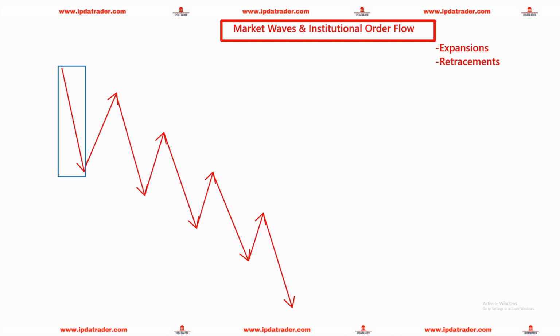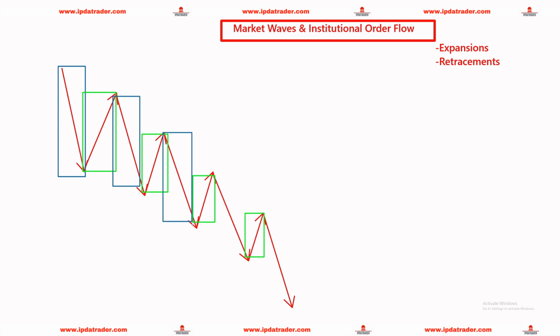And then we're going to have retracements, right? As I said before, the market is just not going to go down forever in a straight line, because otherwise it would once again be extremely easy to profit. And as we all know, it is not easy at all, right? So we have expansions in blue, pullbacks in green, or retracements, whatever you really want to call them. These are the waves that take place in the market, right?